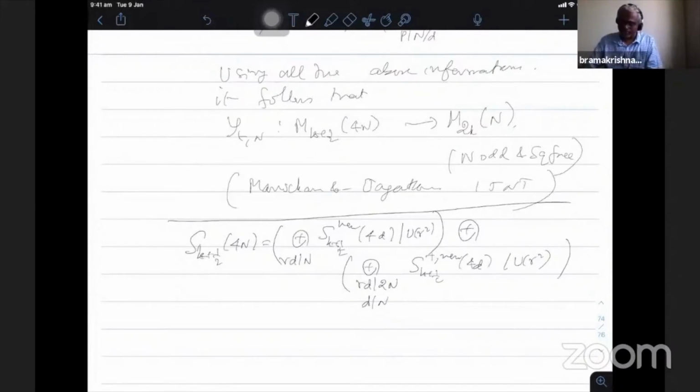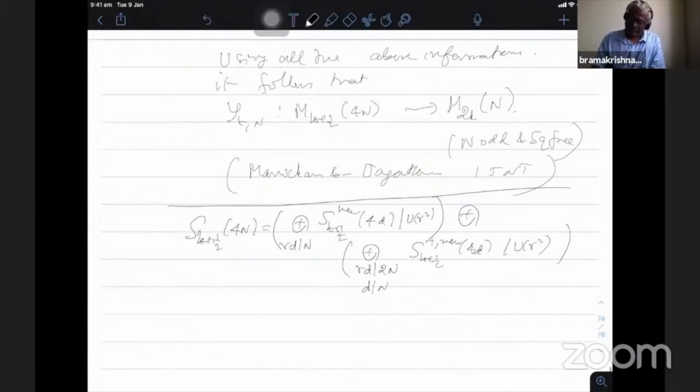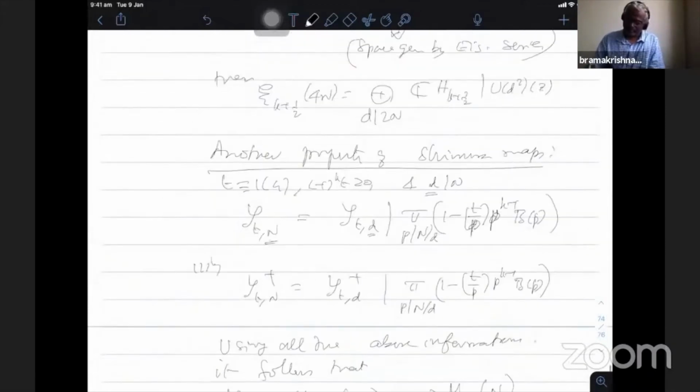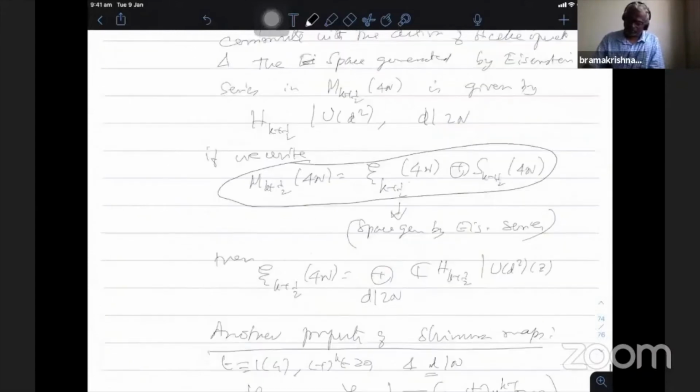So when I take the full S_{k+1/2}^+ of μ(4n), I get u4. So that also, I get duplication. So that will be there. And removing all of them, I have new classes outside the plus space. So there is no new part in the Eisenstein series. All the Eisenstein series are old classes only. So as we saw already, only the new part comes from the cusp forms.